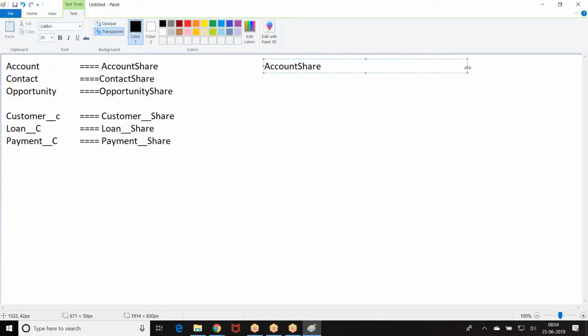Now, if I want to insert a record, it's a DML, right? Account share is an object. In that, what fields are there? Account ID, the ID of the account which you want to share.